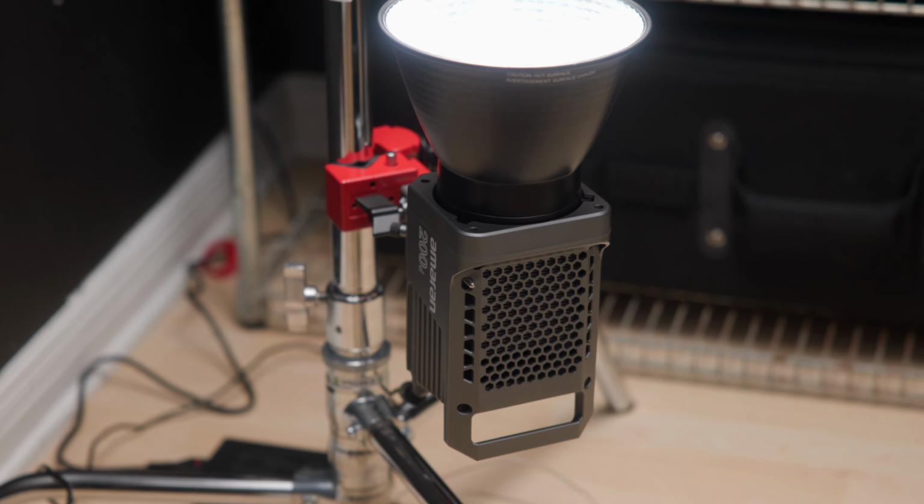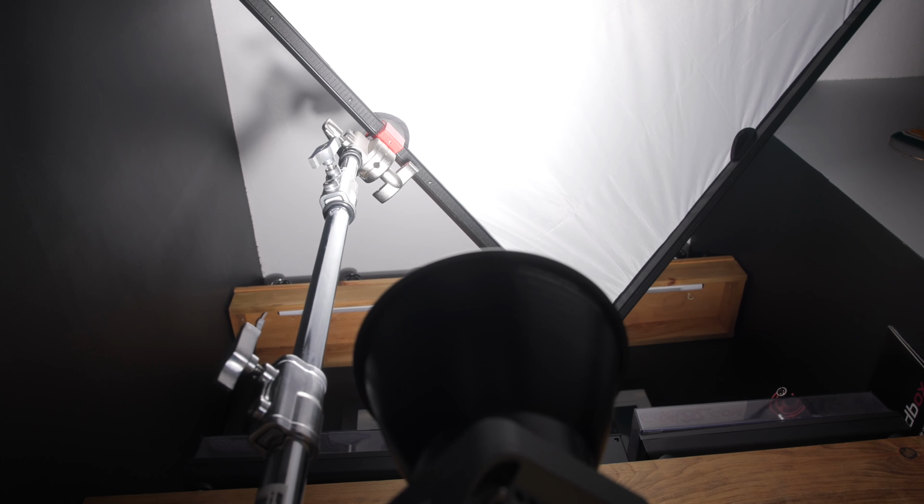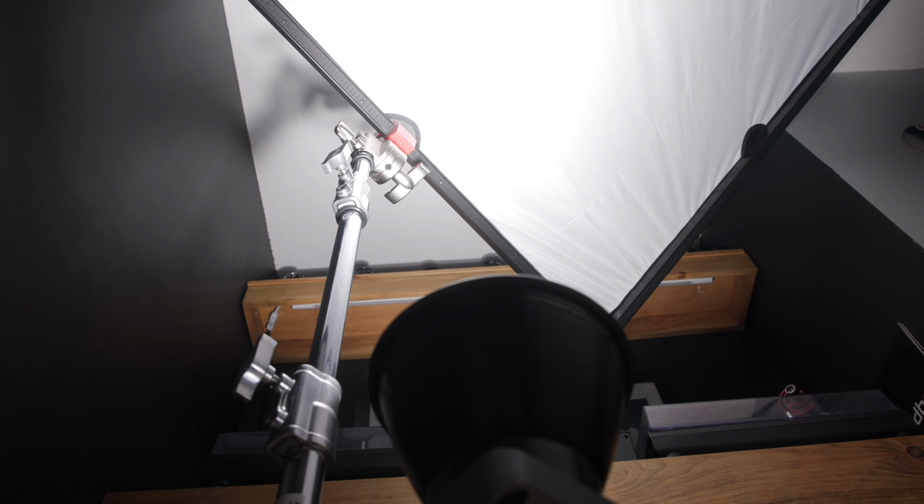My setup today is going to be in this small room. It's about 15 by 10, so it's not a big room, so I don't need a ton of light. I'm going to use the 200D just because I really think that's all I'm going to need. I'm going to move this whole setup over to the side because I need a little more space in this